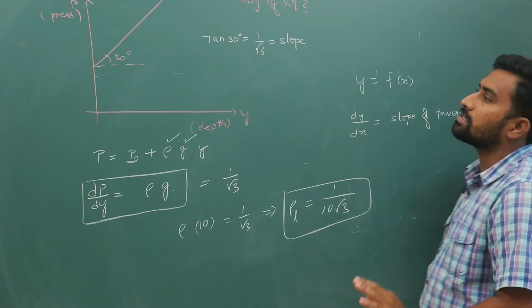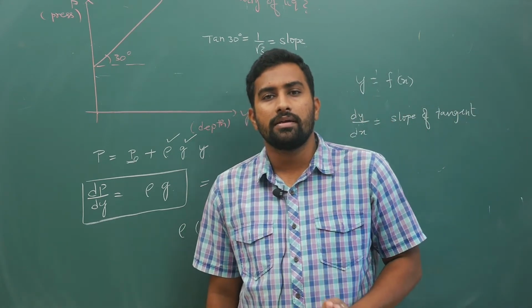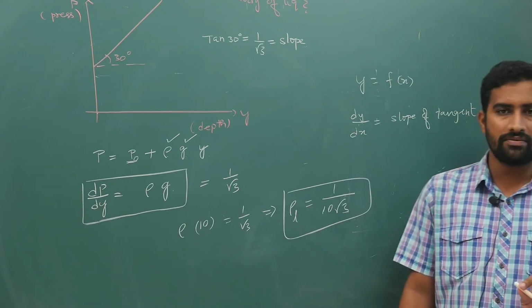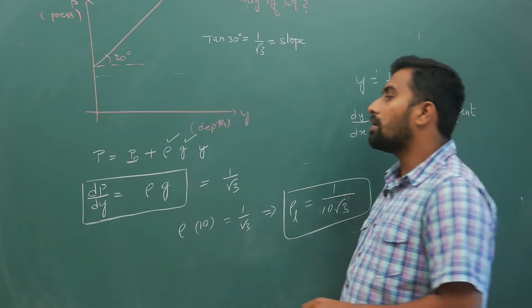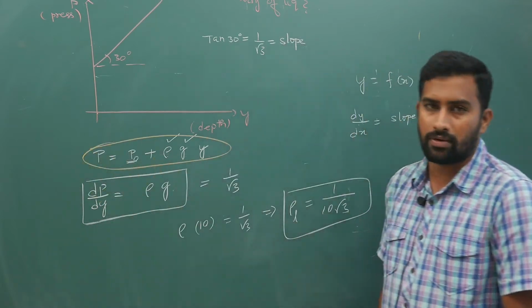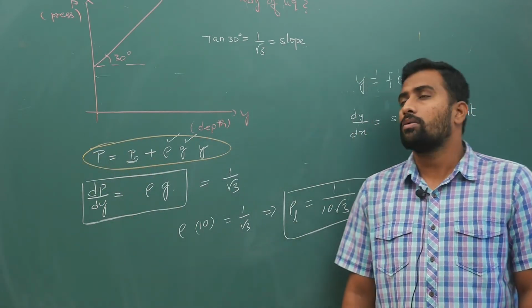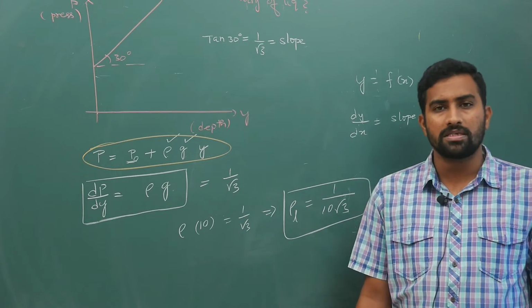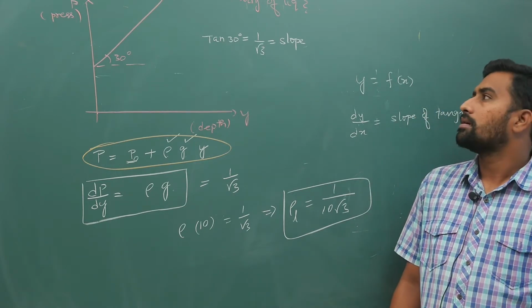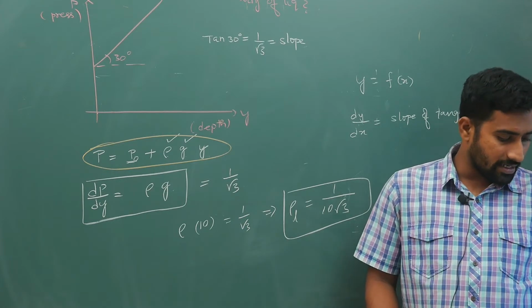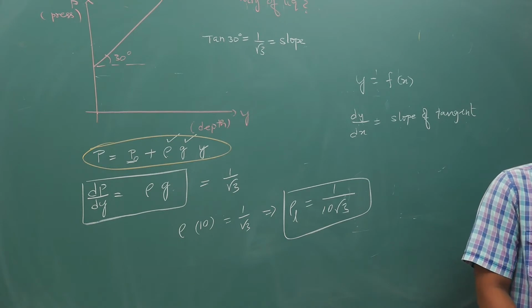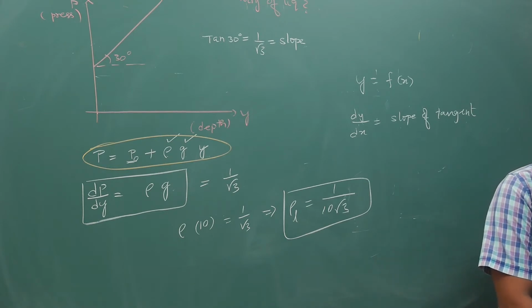Like this, you are supposed to calculate the density of the liquid. I hope there are no doubts and you have understood everything. I am not going to do anything new. I will keep using the basics again and again. Basically, you apply pressure P equals P naught plus rho g h. That's all, nothing else. Now keep this point in mind.